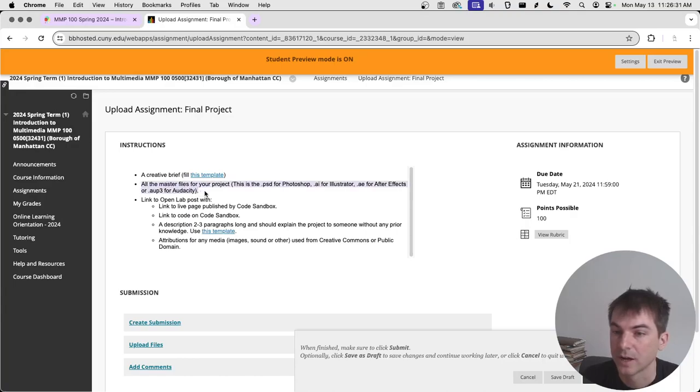All of the master files for your project. And so this is going to be different for different people depending on what media you're creating. I'm going to do an example of an audio project. So I'll be submitting an AUP3 file. Obviously, if you're doing something with Photoshop or Illustrator or After Effects, you'll be using one of those file types, PSD or AI or AE. You can also do a combination of those,